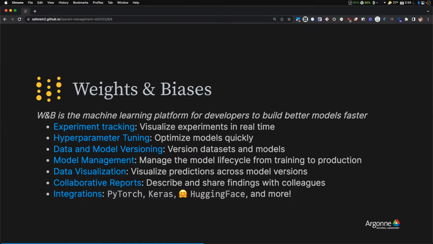And so they really do a pretty good job of implementing functionality that makes developers' lives easier. So they, for example, offer services like experiment tracking, which allows you to visualize experiments and see metrics in real time. They also offer hyperparameter services, which helps you obviously optimize models quickly and find the ideal set of hyperparameters that you're interested in. Things like data and model versioning, model management,